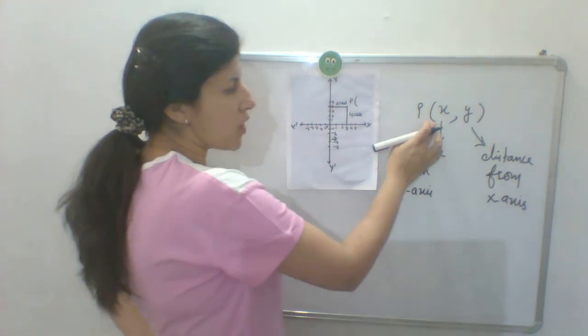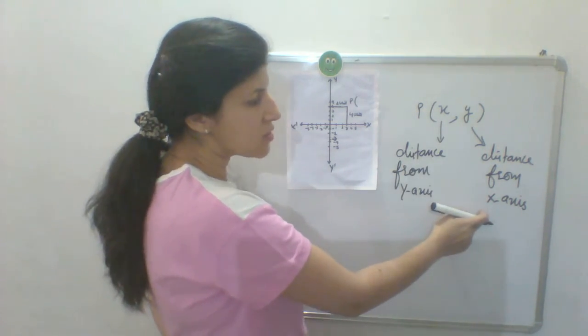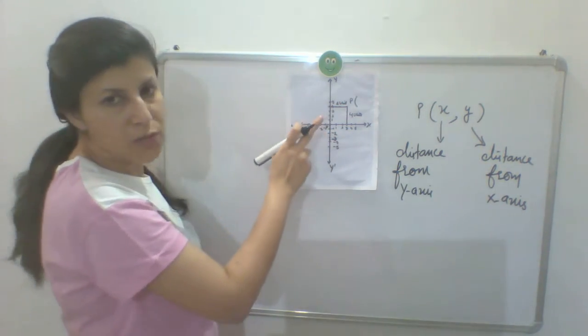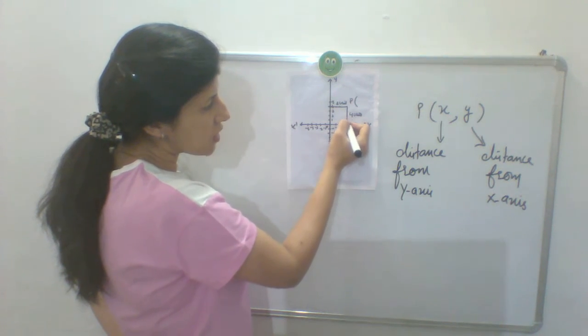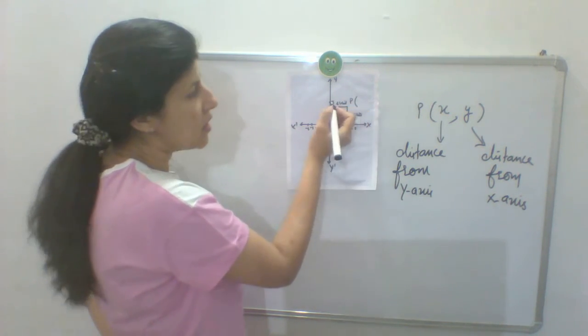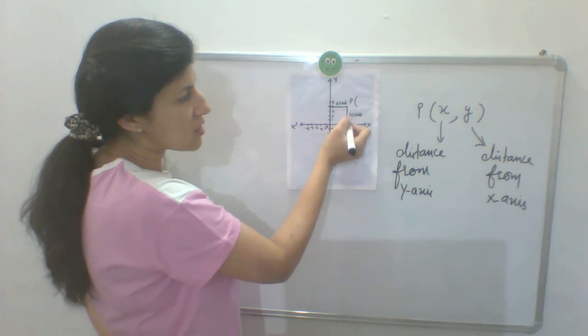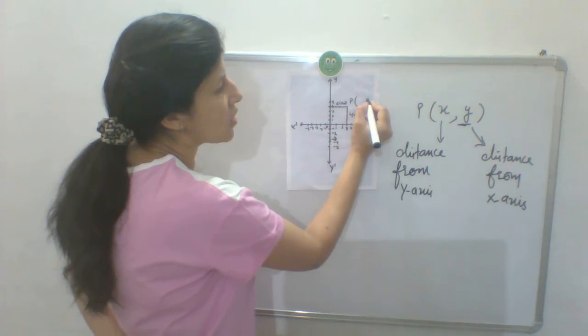This is x coordinate, what it is called? Distance from y axis, and y coordinate is distance from x axis. अब इसको लिखोगे कैसे? जैसे ये मैंने P पॉइंट प्लॉट किया है ना, अब अगर आप इसका x axis से डिस्टेंस निकालते हो तो ये कितने यूनिट्स पे था, 4 यूनिट्स पे। तो x axis से डिस्टेंस क्या होता है, y कोऑर्डिनेट होता है। तो इसका मतलब इसका y कोऑर्डिनेट कितना हो गया, 4।